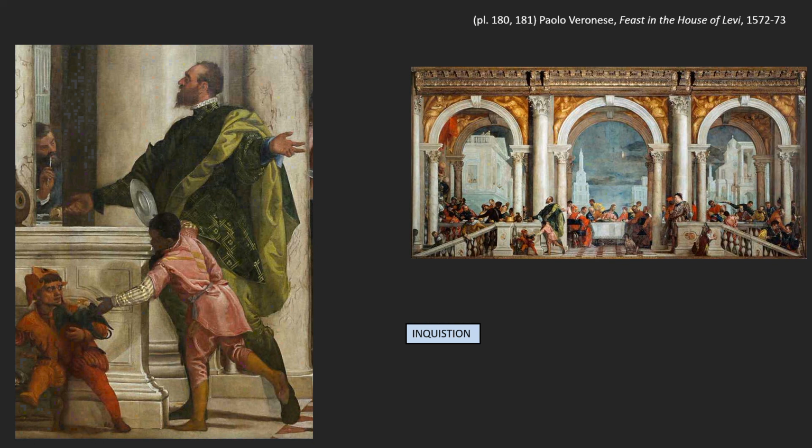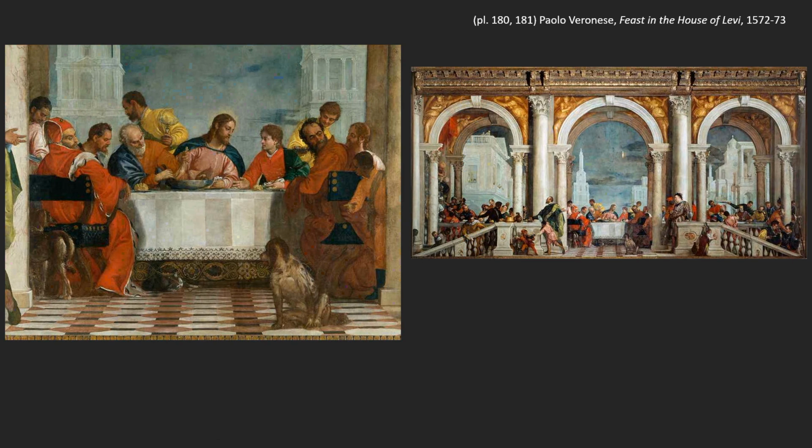So what we think is that he started to try to make changes to the painting so he could say it wasn't the Last Supper. So he takes over the servant boy, puts this guy there, and adds him so that he can say it's not a Last Supper, it's Christ in the house of Levi. Now, Levi is Matthew before his conversion. Levi is Matthew during his life as a wealthy tax collector and banker. So the man in red is meant to be the pre-conversion Matthew.